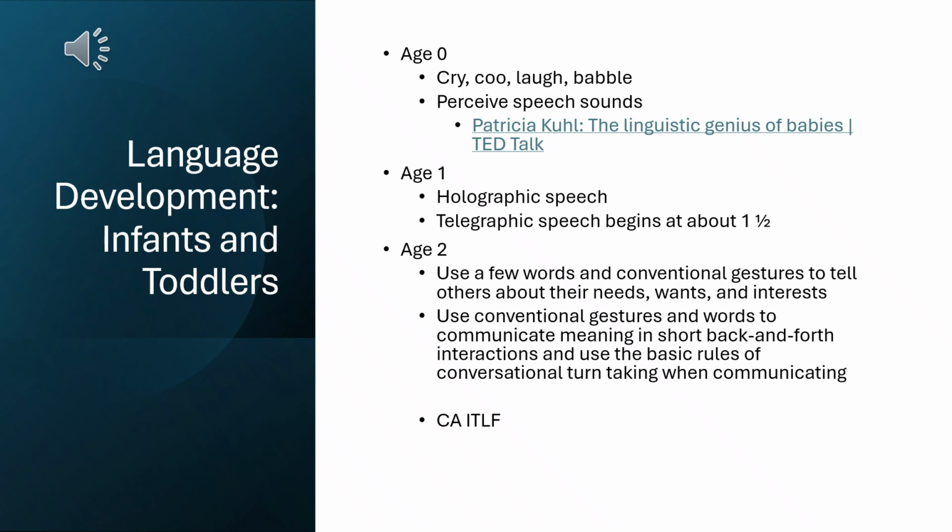They can also perceive speech sounds. Babies are so good at language that they can distinguish between very similar sounds in language, such as b and p, b with the B and p with the P. They can distinguish the difference between those two units of speech sound, which is pretty amazing. I would really encourage you to watch the video on this slide, the one by Patricia Kuhl. It really does teach you some cool things about babies and what they can do early on.